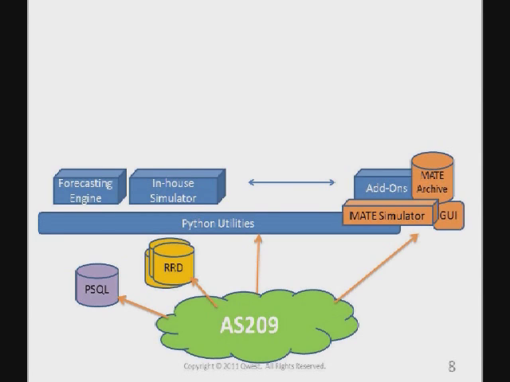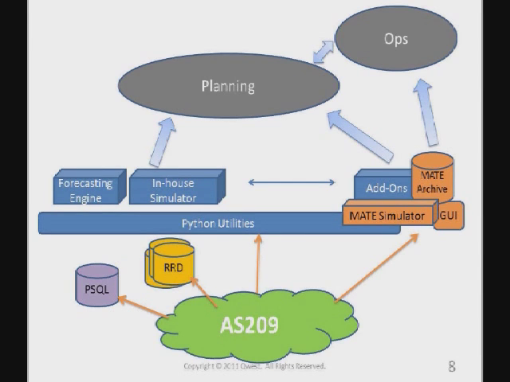The problem with purchasing from a vendor is that you get yourself into this situation. The scenario goes like this. You purchase the product, and within a short amount of time, you realize that the product that was purchased doesn't exactly meet what you intend to do. So Cariden developed this function called an add-on, and that allows us to essentially use the toolkit for what it was intended to do, and augment it with simple Perl and Python scripts for those cases that we need to add further development to the tool.